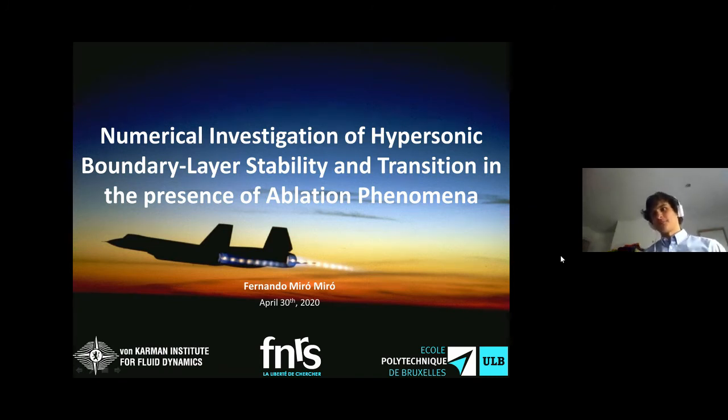Right. But of course, this cooling of the boundary layer is done by, for example, the ablation phenomena, the blowing, by the existence of the thermal protection system itself. So the purpose of the thermal protection system is to cool down the boundary layer, and on the other hand, this cooling down destabilizes the flow. Well, I would say the purpose of the thermal protection system is to cool down the inside, right? The boundary layer doesn't really care. In order to cool down the inside, you have to cool down the boundary layer.